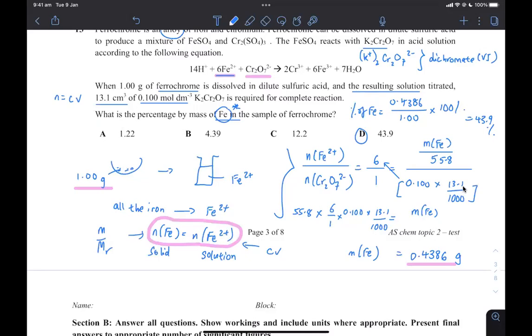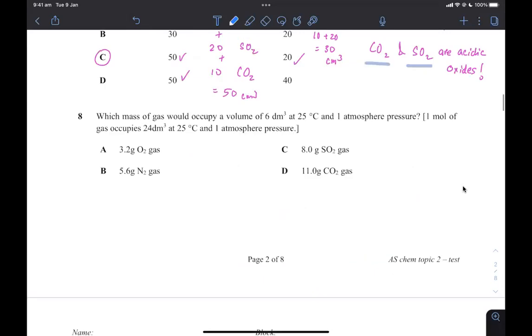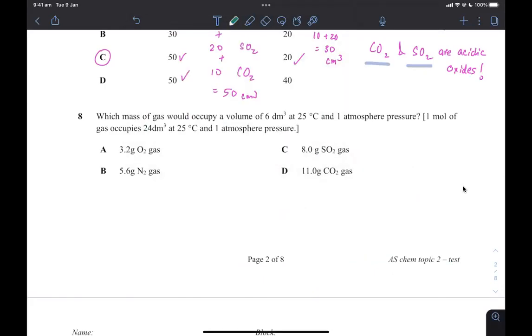Question 8. All right, so question 8 is a lot simpler than the earlier questions. So this one is